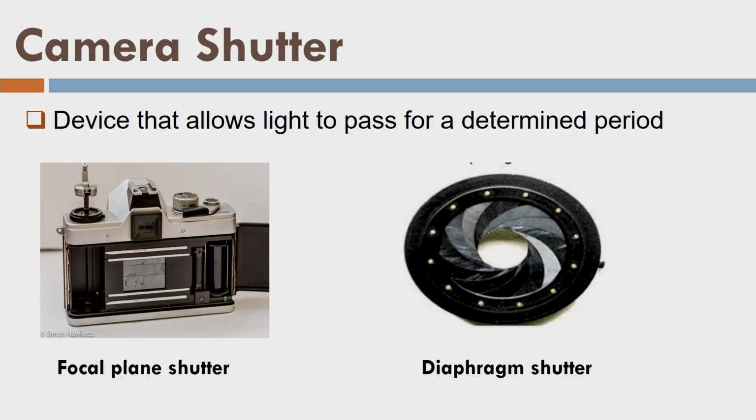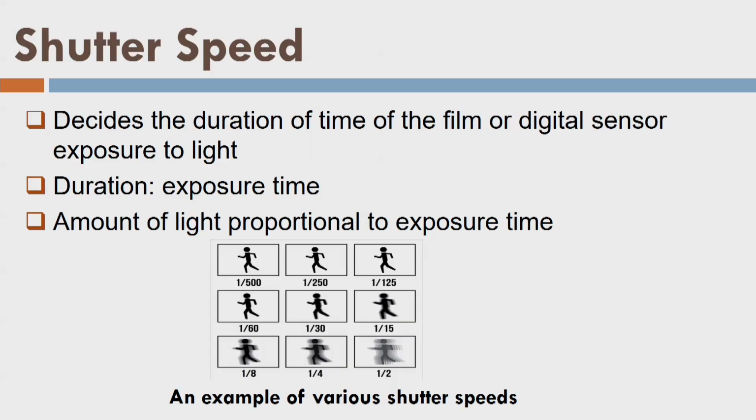Okay, so what is a shutter? The shutter controls the timing of opening. So the aperture is opening, and if I control the shutter, that means I allow the light for a certain duration, and that is called the operation of the shutter. So the shutter is kind of like the shutter of your shop. You open the shutter, light will come, and if you close the shutter, light will not come. Or rather, if you open it and shut it, light will come for that duration. So that is the operation of the shutter.